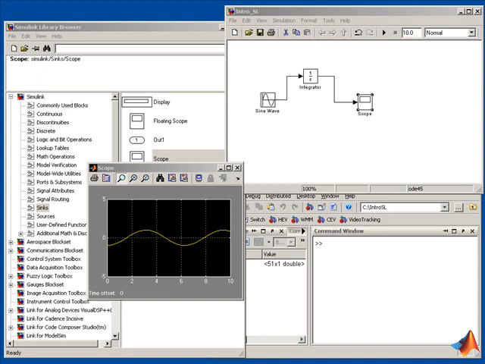You might say this is a very simple task, and what advantage does Simulink provide as opposed to doing this in C? Well, even for the